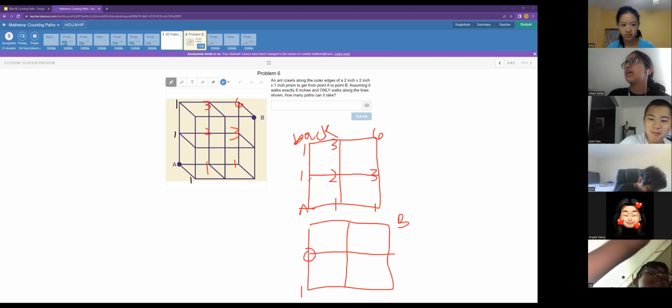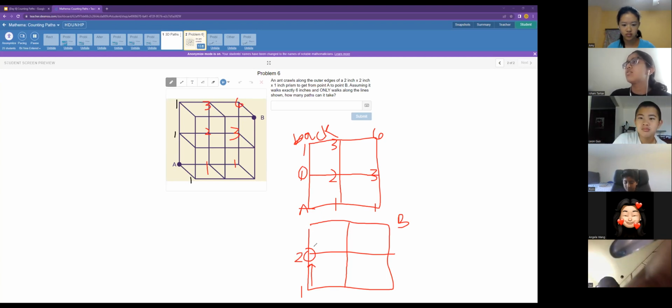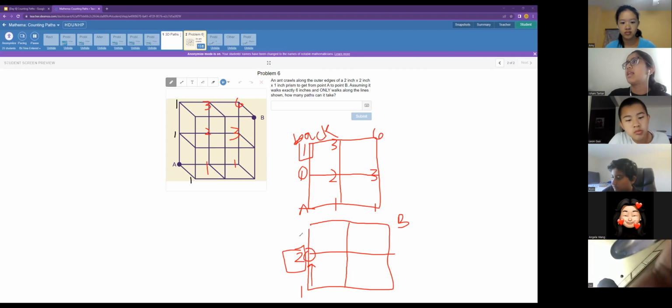We have to do 1 plus this one, because those are the only ones that connect to it, and we get 2. And then we have this 2 and this 1, and they add to make 3, right? And then,